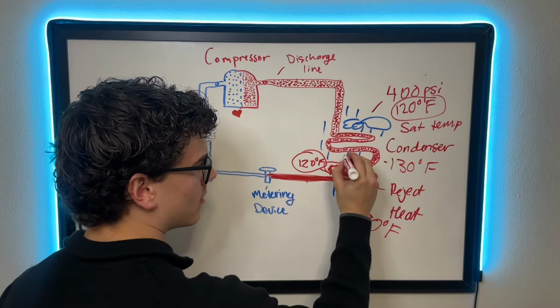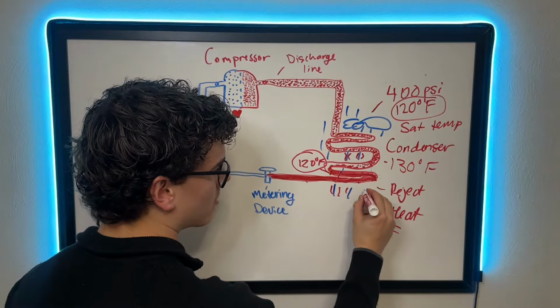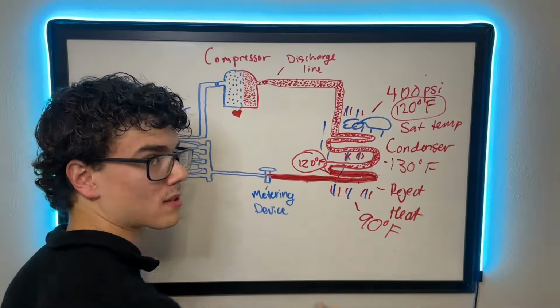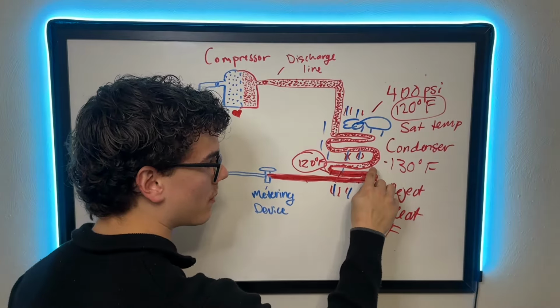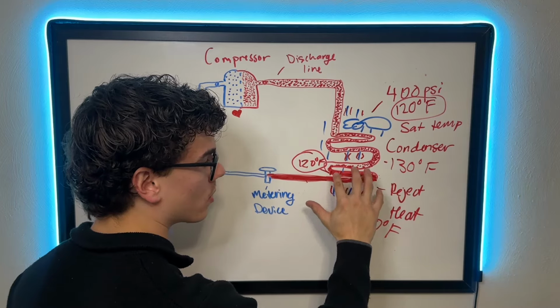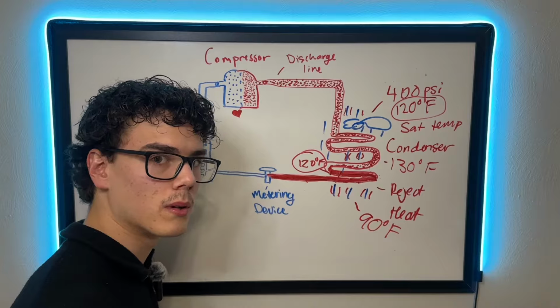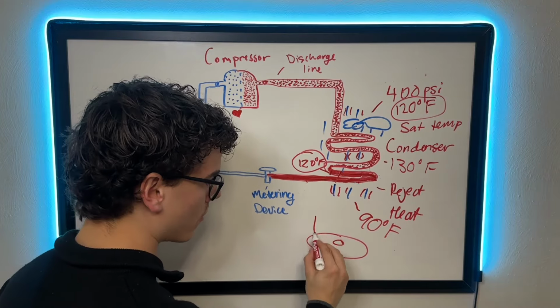As we do that, heat is taken from the condenser into the air, right? So if you put your hand over this condenser, it's going to feel hot. Heat is being released when we're going from a vapor to a liquid. If we were going the other way around, like from a liquid to a vapor, then we'd be adding heat, just like when we boil. Remember? When we boil a pot of water,